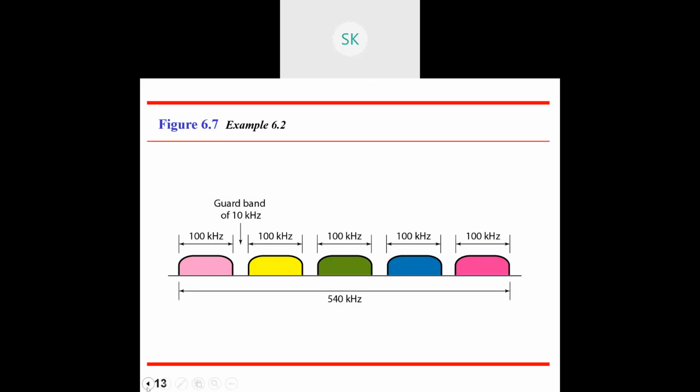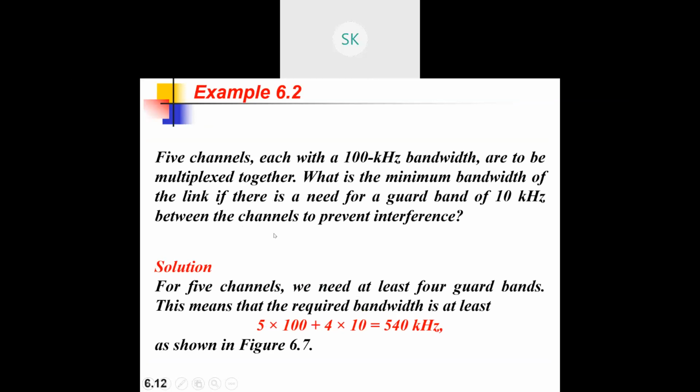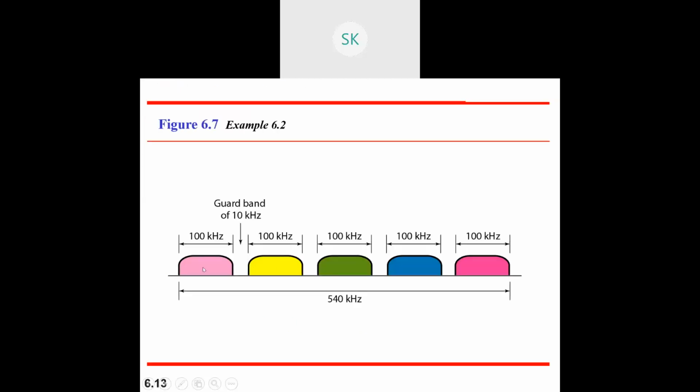Okay, so this is what guard bands are all about. This is the explanation I'm giving you with respect to this problem. Now, how to solve it? That's a different scenario. You have a band pass signal that needs to be transmitted. How many voice channels do they have? Three voice channels, so three different persons are talking. You need to combine them and send it, or in three different areas the persons will be talking. All those things you need to combine and transmit. So three voice channels are there.